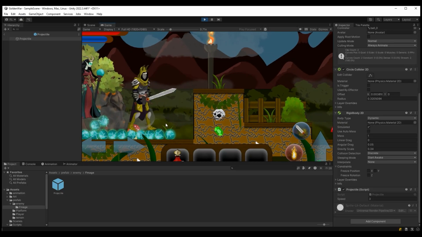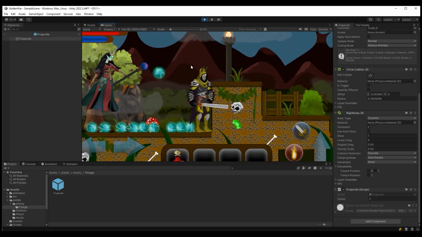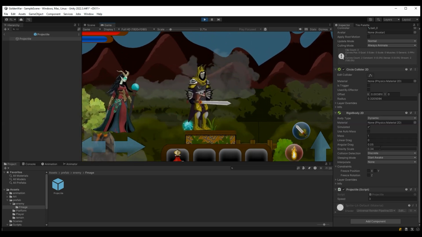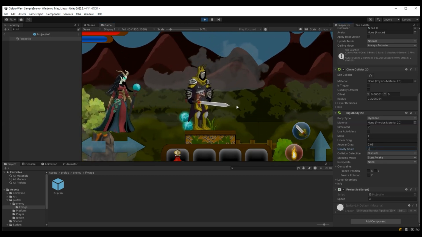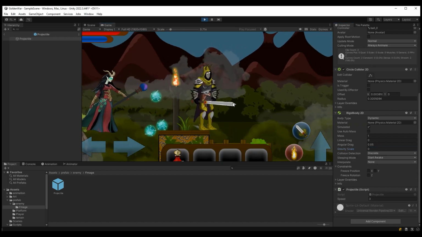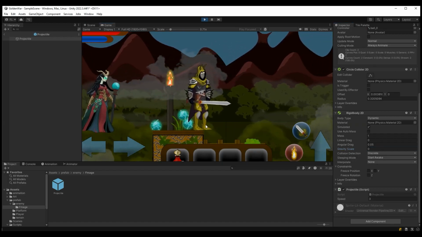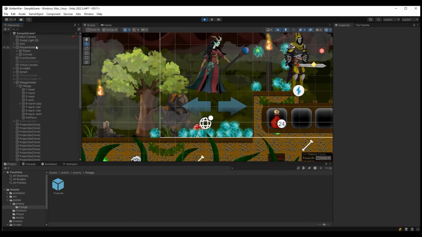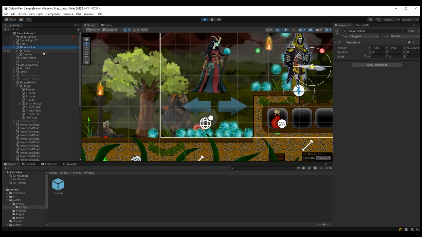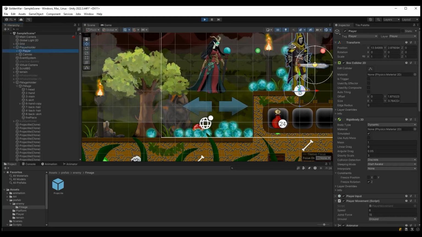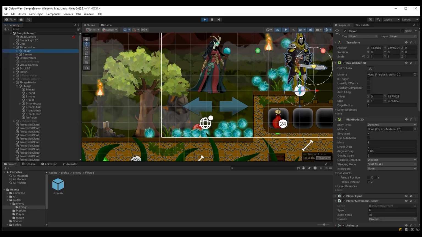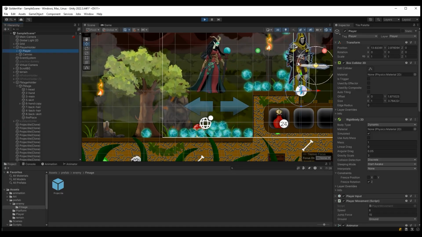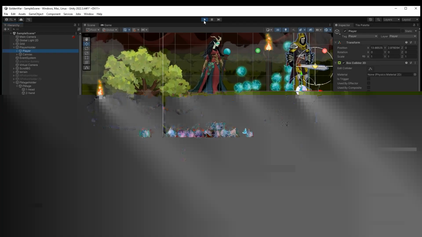Oh, I cannot jump because this is not grounded. So yeah, it is weird. Let me make the gravity scale 0. So it moves because the pivot point of my player is here. So I had to add manually an offset so it would attack at the center of my body. Okay, and also,